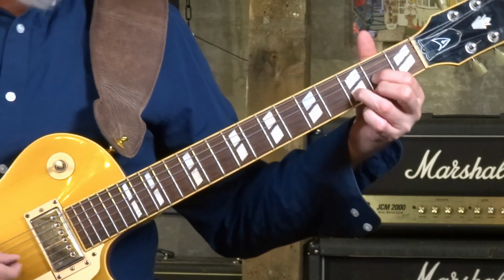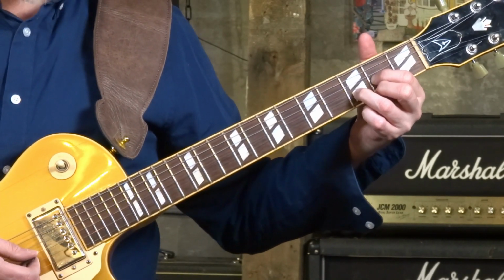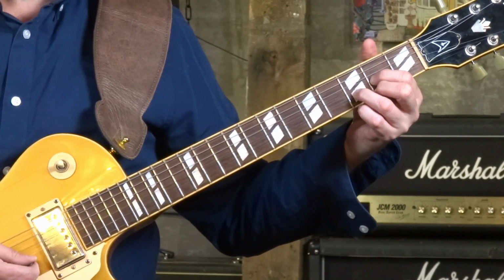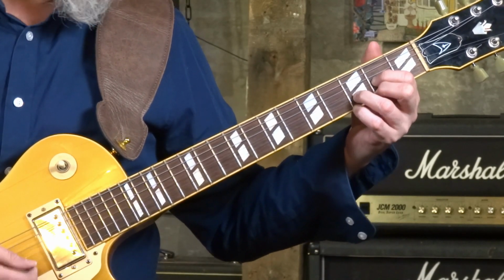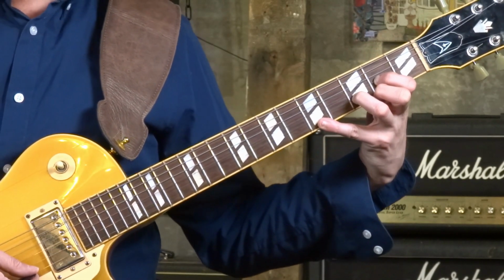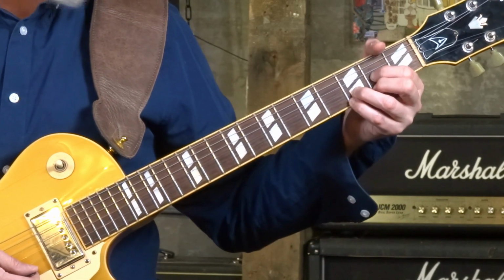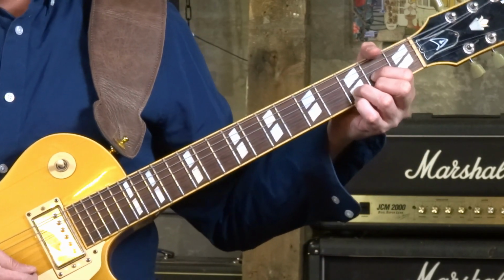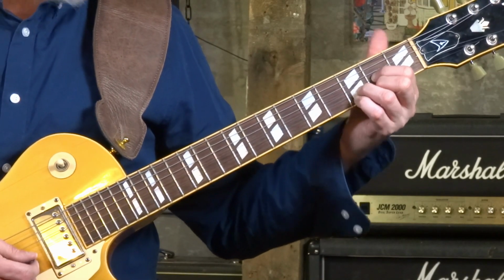So again with the D shape I'm doing the B string on the 3rd fret, then the G string on the 2nd fret, then back to the 3rd fret on the B string, then up to the 5th fret on the top E, and then to the 3rd fret on the top E, and then just sort of twiddle with the little finger between 2 and 3 on the top E,